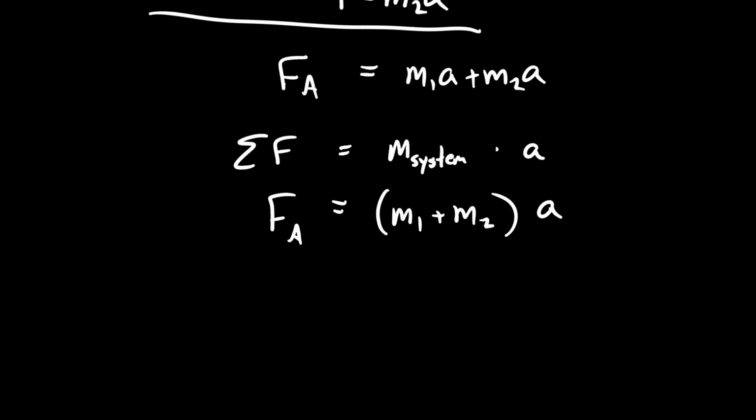If you know what the system is doing, you could probably save yourself a couple of steps and treat the system holistically. Now, if there's friction involved and other things involved, you might not be able to do stuff like this, but I hope that you can see that there's clearly a pathway to get to the acceleration that might be faster than breaking it up into small pieces. On the other hand, if you want the tension, you're going to have the acceleration first anyways. There's no way to get to the tension otherwise.